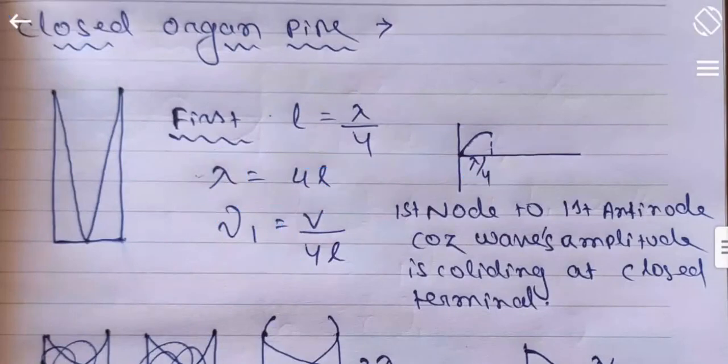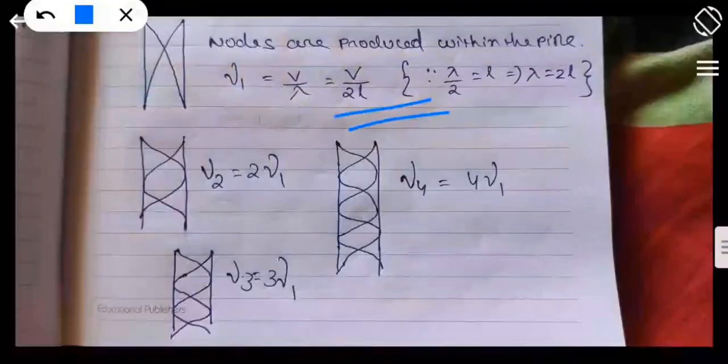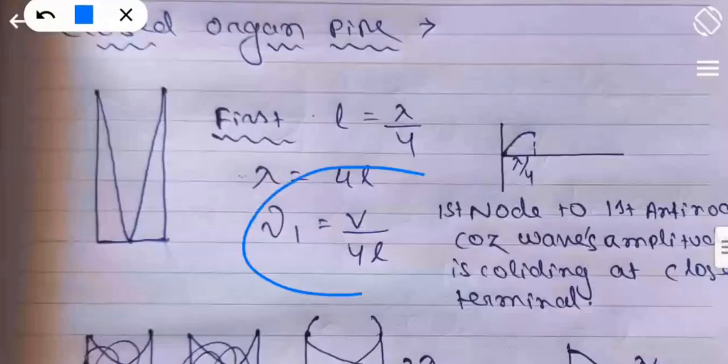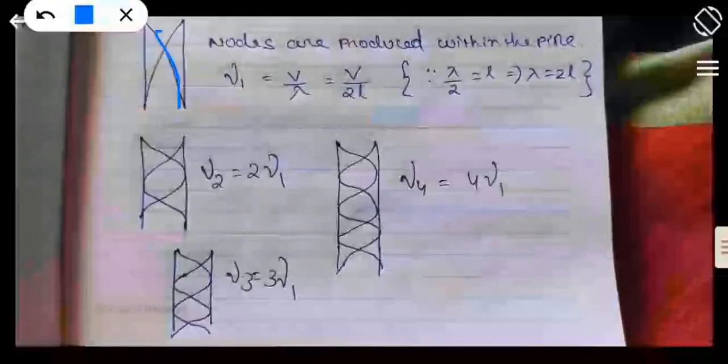But initially in the open pipe, what were we achieving? We were achieving v by 2L, and here we are achieving v by 4L. You can see here for the first mode we will be achieving v by 4L, because one side is closed, so it cannot complete even the half cycle, it will end at the 1/4 cycle like this. If it is an open one, it may be concluded here. You can see here for the open case, it is concluding at this point.